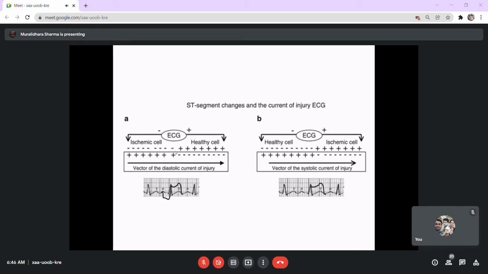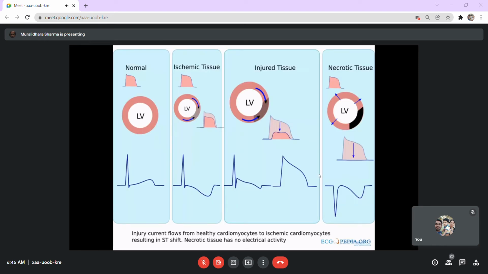Depending upon the direction in which the current is produced, the current wave produced could be negative or positive. So when an injury occurs over the atrial wall area, the ST segment tends to get inverted, or depressed in the case of the chest leads, whereas if it is in the ventricular area, it tends to get elevated. That's a very general statement.